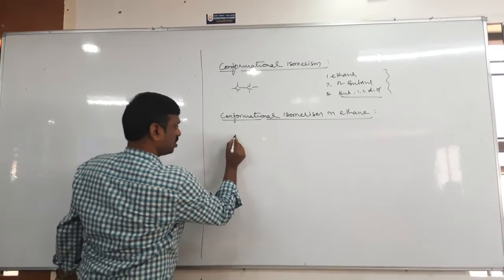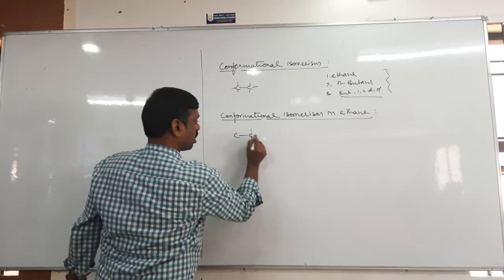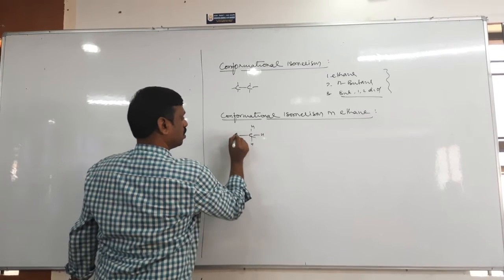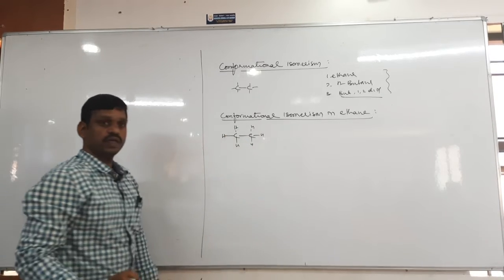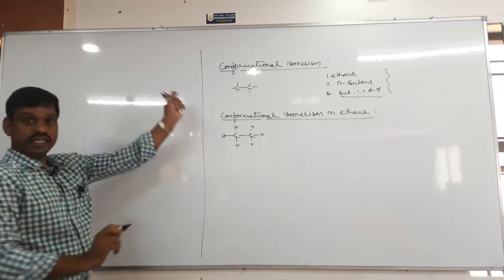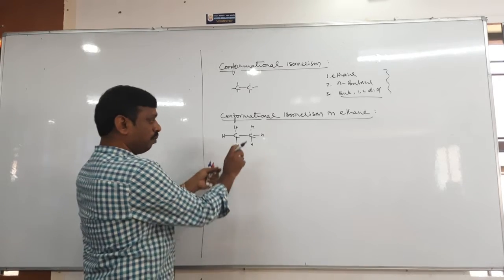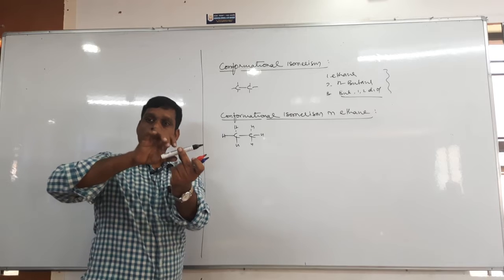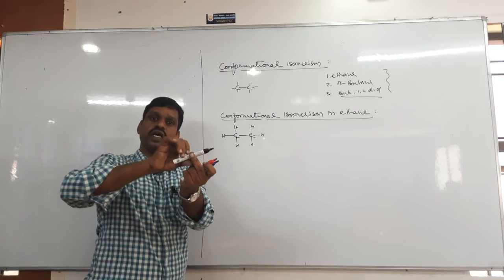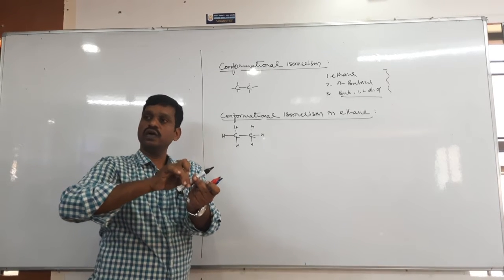Now let us take the ethane molecule having a carbon-carbon single bond. Okay. Now listen. In ethane molecule there are only two carbons. By rotating this carbon-carbon single bond like this, you will get infinite number of isomers,